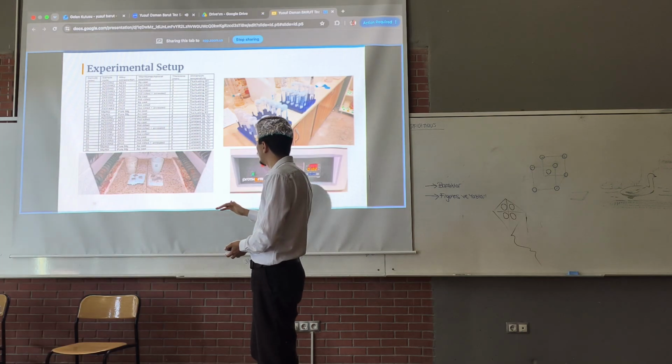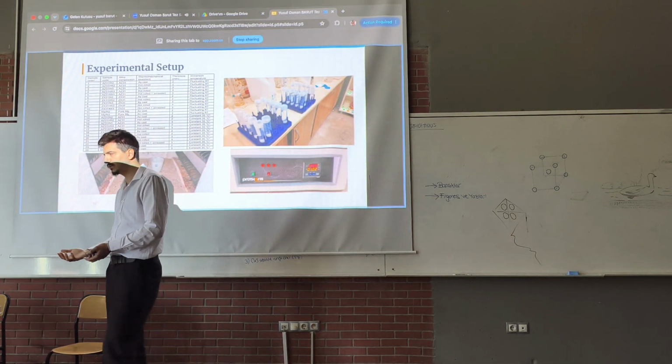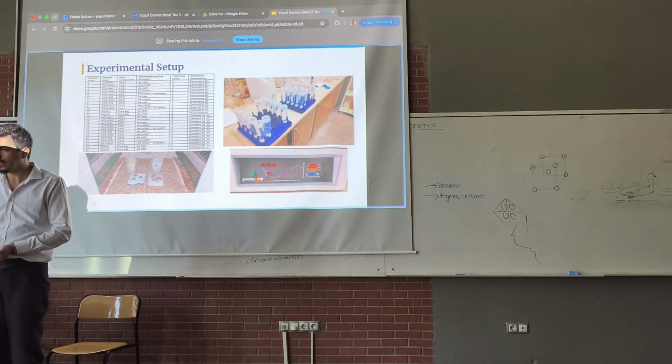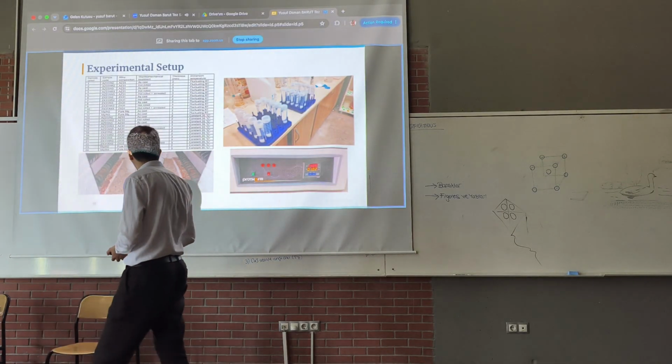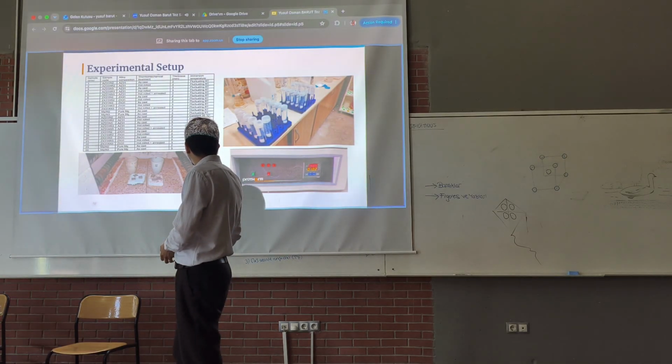One set of the samples, 12 of them, was subjected to ambient cyclic temperature, and the others were subjected to 35 degrees constant temperature. And here it can be seen in the furnaces we annealed our samples. This is our